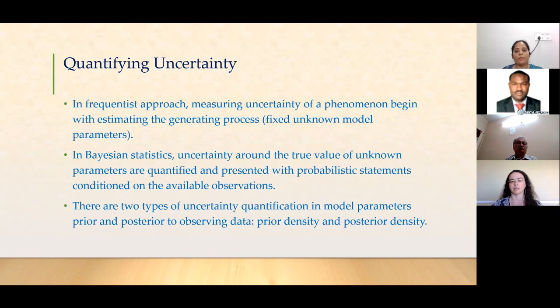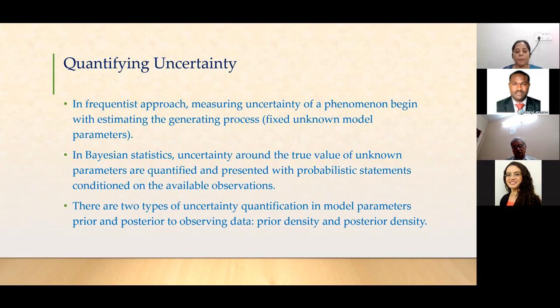In the frequentist approach, measuring uncertainty of a phenomenon begins with estimating the generating process. So what do we mean by that? Suppose a phenomenon results in an infinite number of consequences. It will be very difficult to count the number of occurrences of the consequences and present the probability for them. So it is rather better, for general purposes, that we model the uncertainty around the phenomenon using a probability model about some characteristic of the phenomenon known